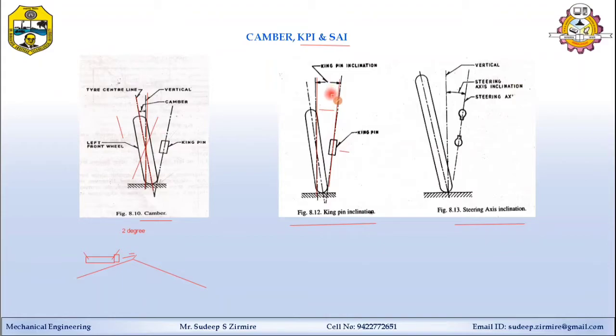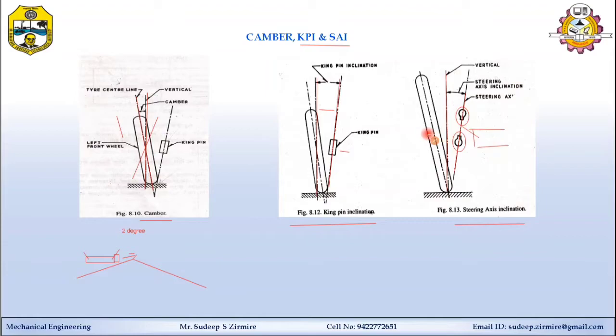But in recent cars, the kingpin is replaced by two ball joints. Here you can see two ball joints. Instead of the kingpin, two ball joints are used, and when this line makes an angle with this, it is called the steering axis inclination. It is fixed, not adjustable. It only changes in case of a knuckle bend, forged knuckle bend. If this knuckle bend is attached to this, only in that case it will change. Otherwise, there is no adjustment for the KPI or SAI.